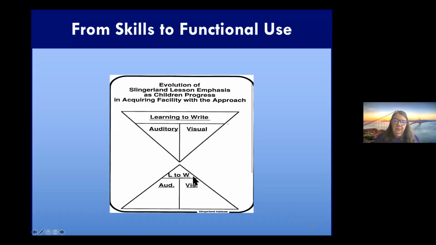Okay, so, all right. So that A and B, if we had done all of those cursive letter connections that you saw in that lesson, if we had done all of those written auditory cards and all of those single words, that's taken a lot of time in the skills. But as Marcia pointed out, it's preparing them for using that information in the functional use part, which would be the C and D, the phrases and the sentence. And as time goes on, you may spend less time in those pieces, and much more time in the functional use.